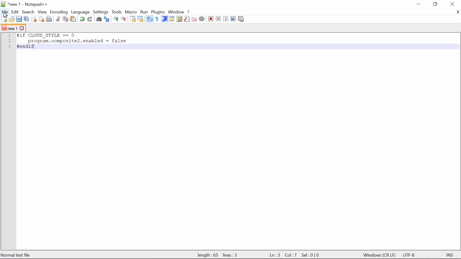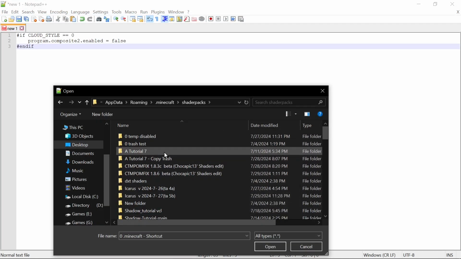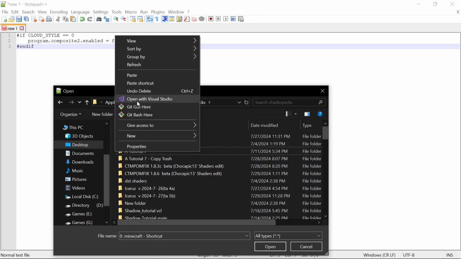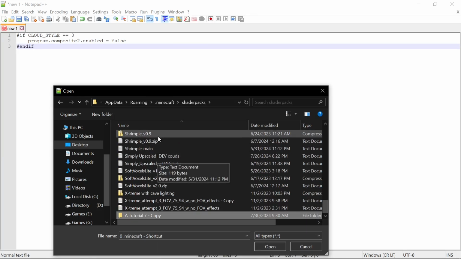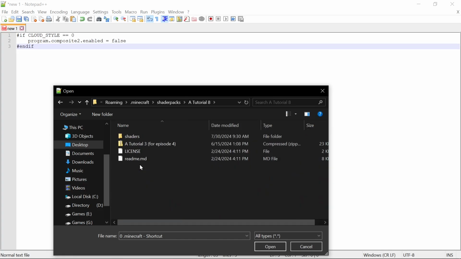So let's open up our Notepad. I'll note for myself there. Okay, so in our shader packs folder, let's take our old tutorial and we're going to copy paste so that we have good version control. You always want to do this when you're making stuff so you don't break things and not have a working version and have to go back to the beginning, because some of this stuff takes a long time to do. So tutorial 8,